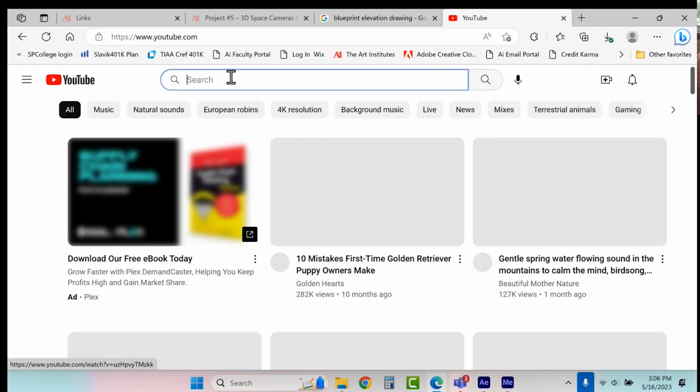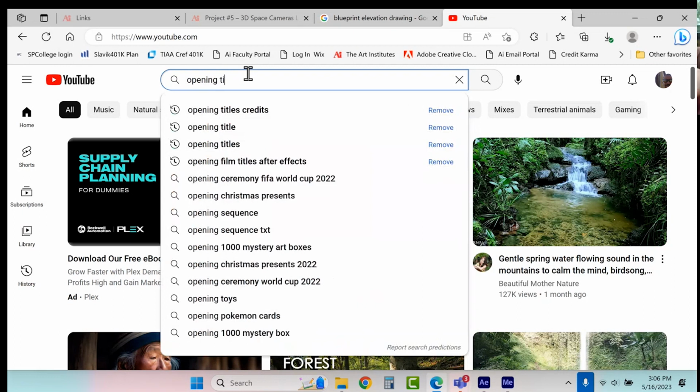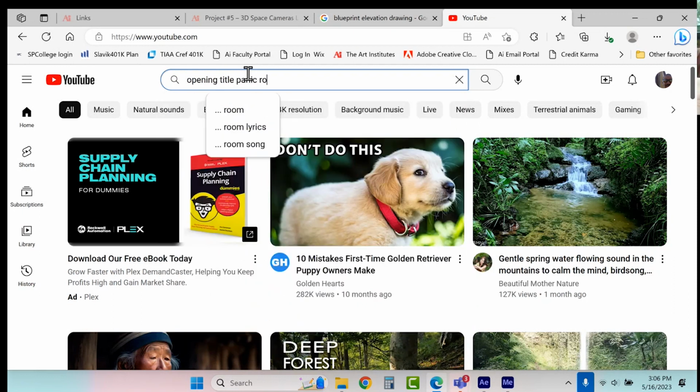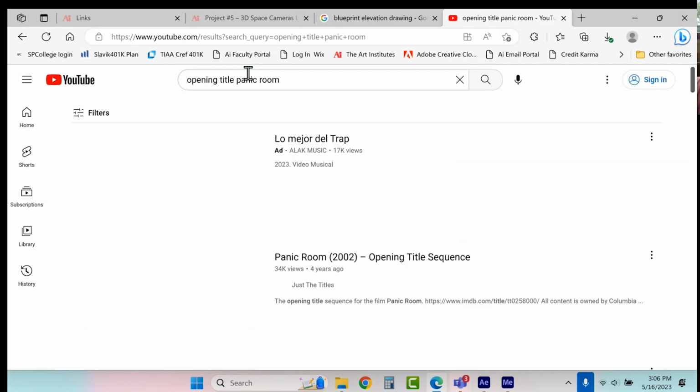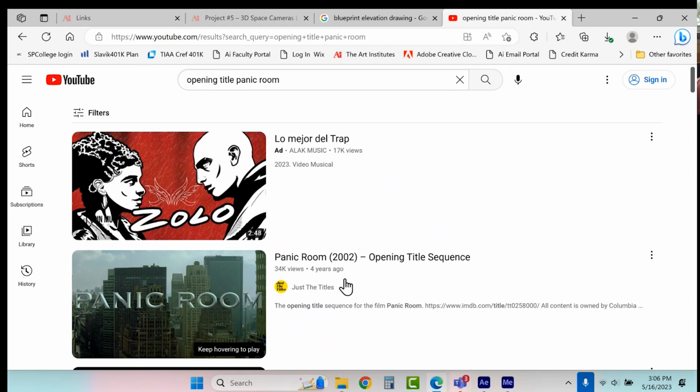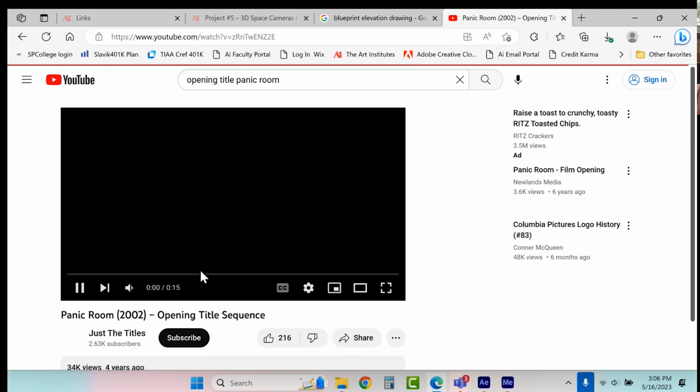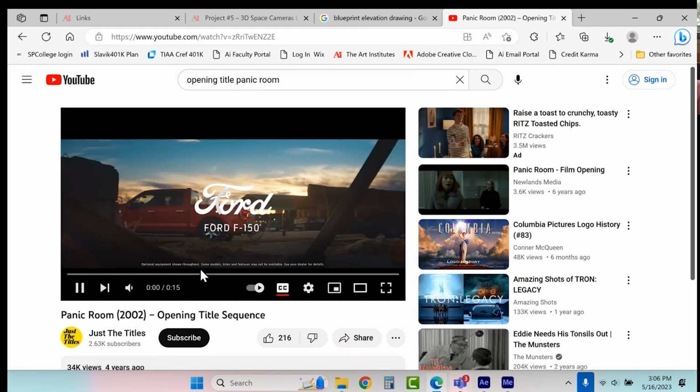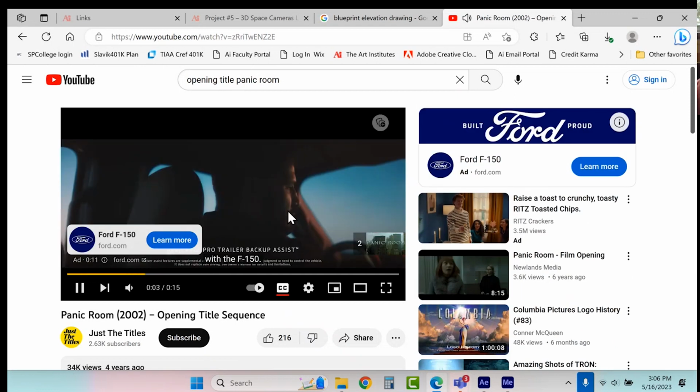So let me show you what I'm talking about. Opening title Panic Room. What they do is take video footage, like helicopter footage, and then they're able to track that camera and place text, place objects in that scene, in that video.